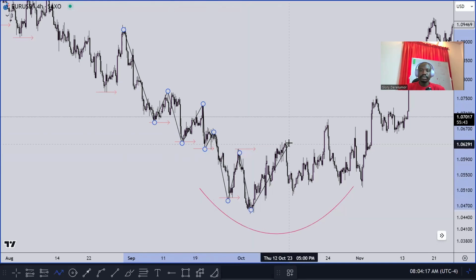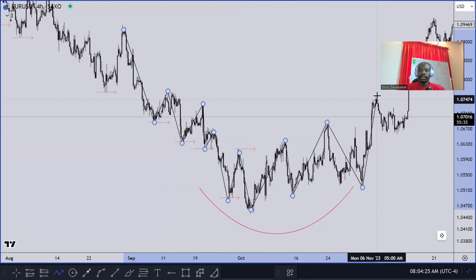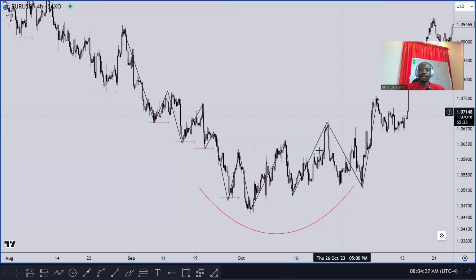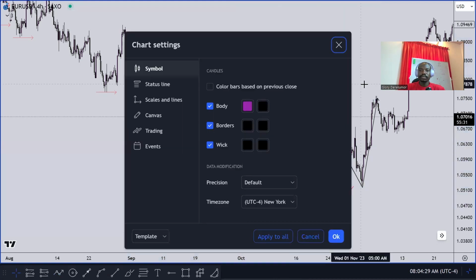Of course, we had a break of structure to the upside. We had a pullback here. And of course, we had another break of structure to the upside here. We had a pullback here. We had another break of structure to the upside here. Now, if I take this out of the market, okay? If I take this out of the market